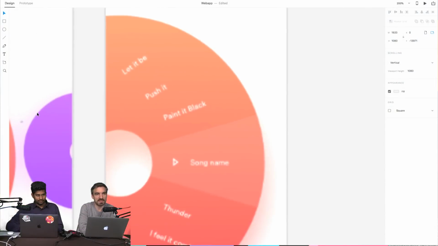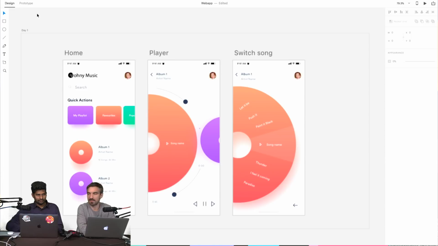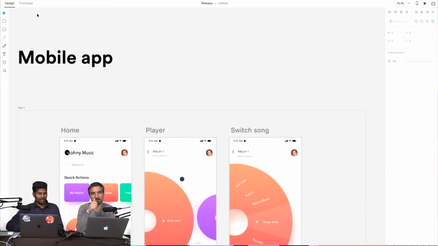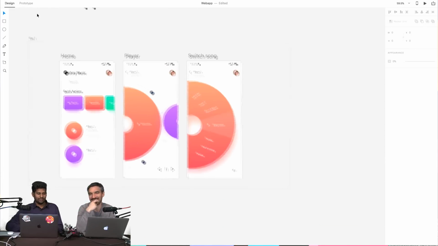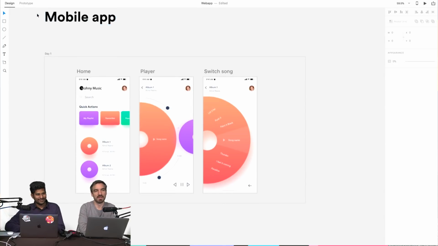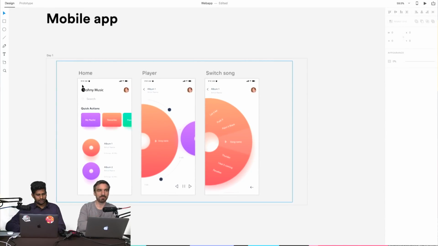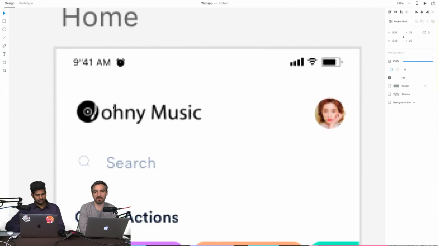So this is what you designed on day 1, with this disruptive UI to select a song on a mobile app, based on the CD. We were inspired by the CD, and we did a mimicry. We did physics. We did mathematics, with Flinto. And the logo, if you can show the logo, was designed by one of the viewers.